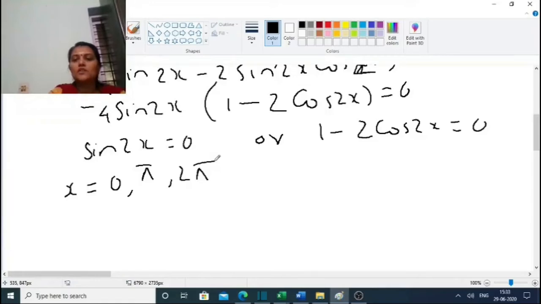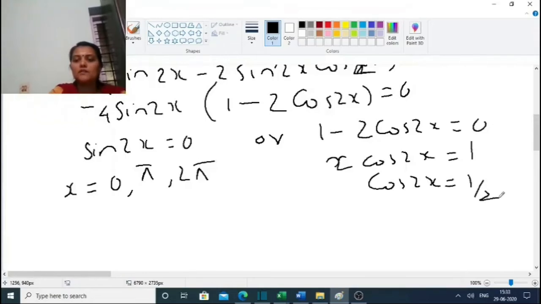And 1 minus 2 cos 2x equal to 0 when cos 2x equal to half, which is when 2x equal to